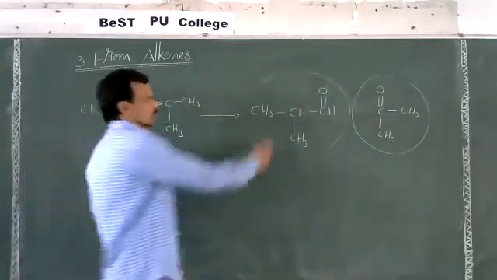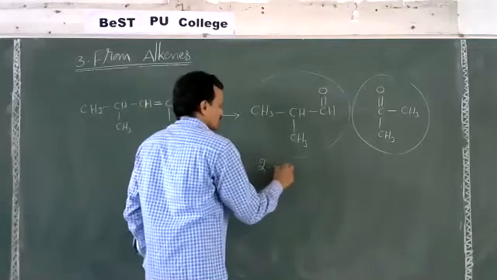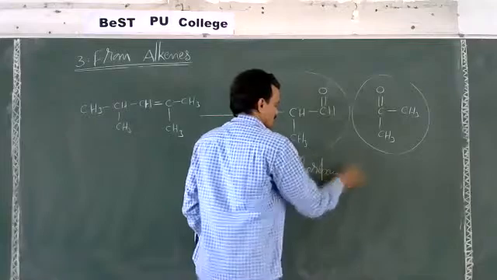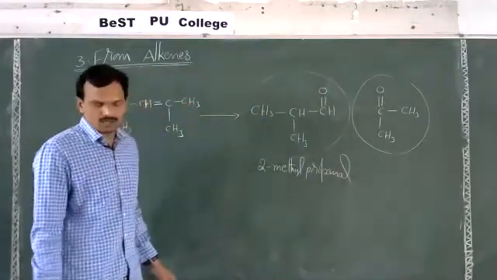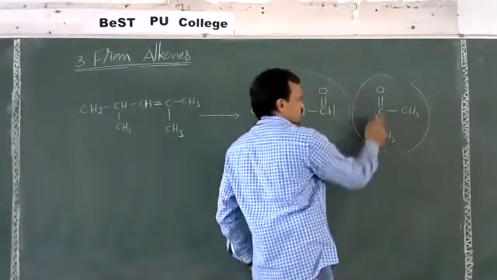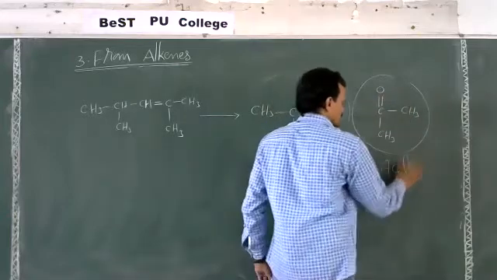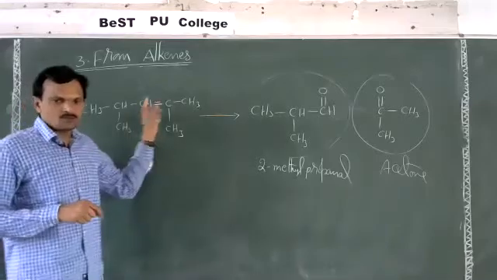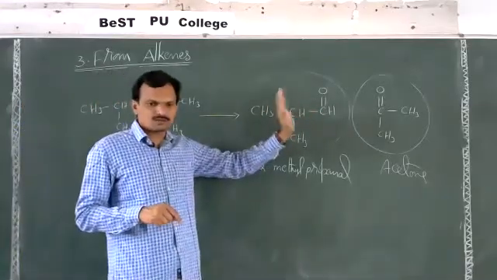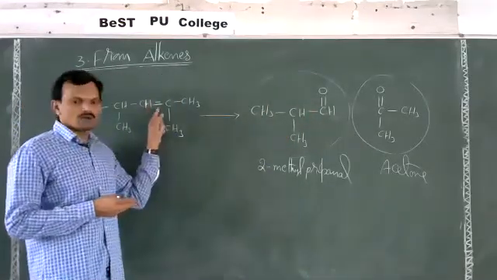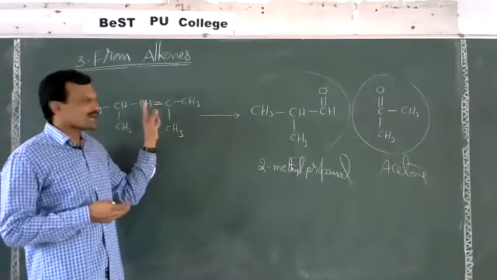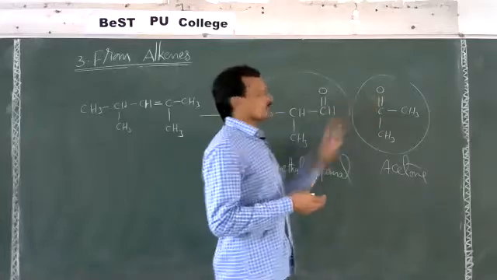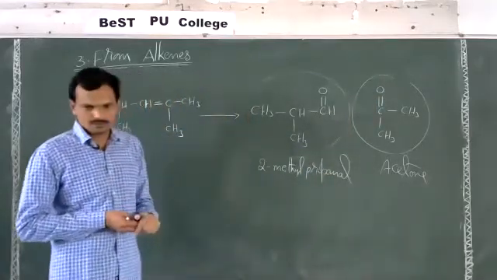So what is the name of this compound? This is 2-methyl propanal. What about this? CH3, CO, CH3, nothing but acetone. Like this. If they give an alkene and you want to find out the ozonolysis products, just remove the double bond between the 2 carbon atoms. Add double bond O to each double bonded carbon atom. That gives 2 products. Okay.